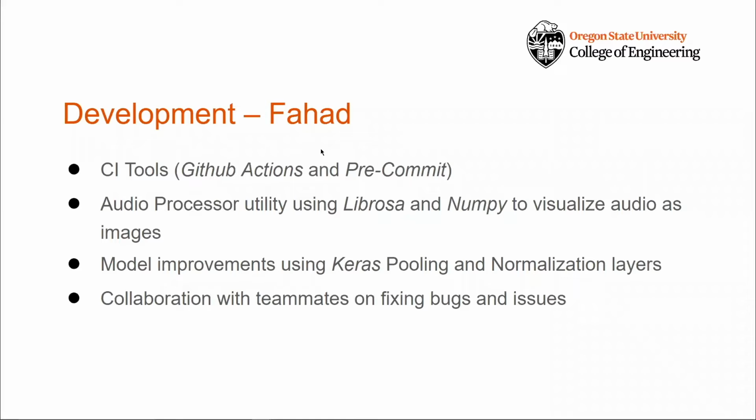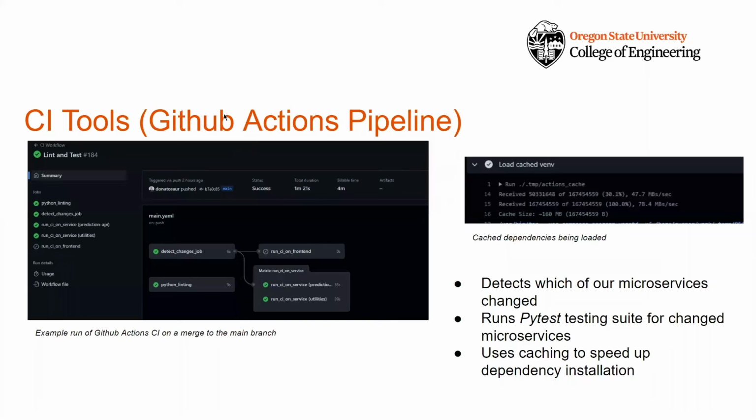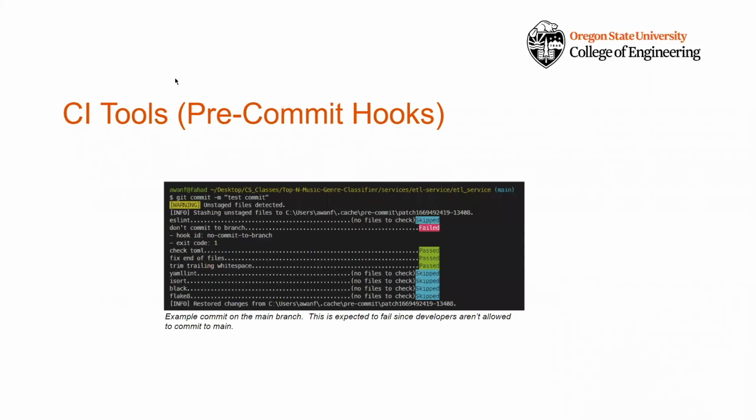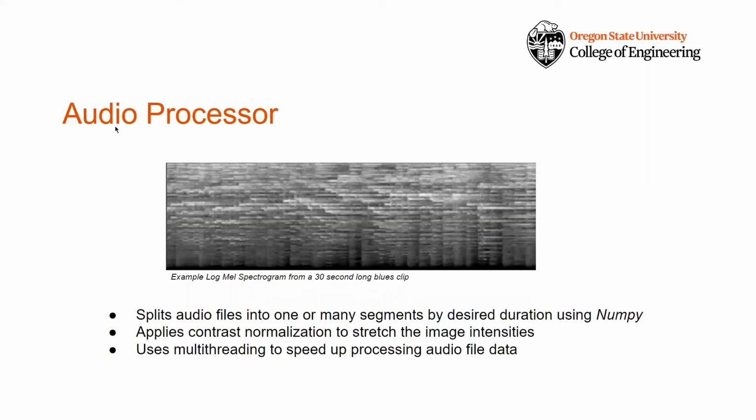Hello, this is Fahad. As part of the development process, these are a couple of things that I worked on. First is a continuous integration pipeline that I set up using GitHub Actions. Every time a developer pushes code to our repository, a series of automated tests run. Also, caching is implemented in order to speed up the installation of our heavy machine learning dependencies. Another CI tool I used was pre-commit hooks. These opinionated tools were installed in our repo so that my team wouldn't have to spend time deciding on subjective styling and could spend more time developing.